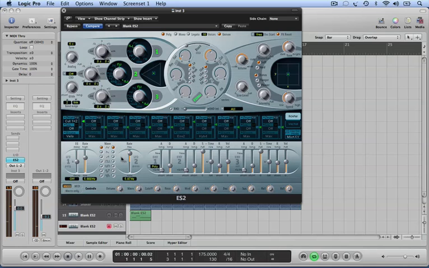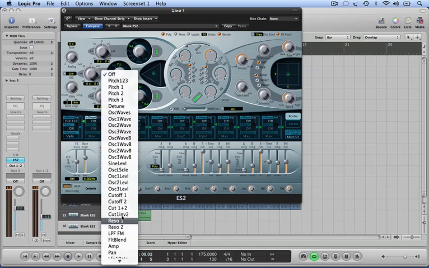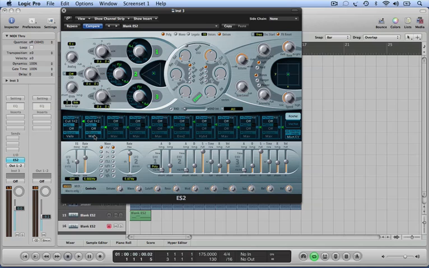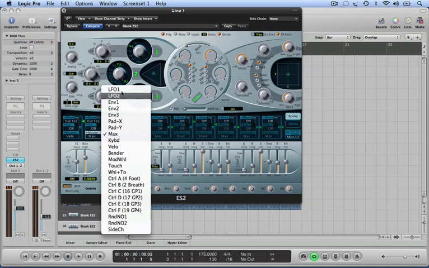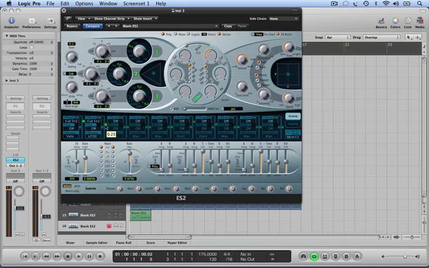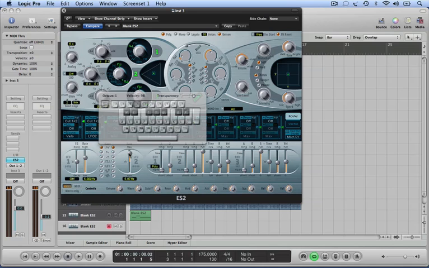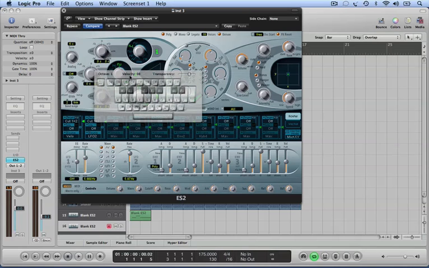Okay, and then to get the wobbly bass sound, we're going to use this LFO here to affect the cutoff as well. So if we just go to target and select cutoff 1 and 2, and then for the source, we're going to go to LFO2, and we're going to turn this up to about halfway as well. So if we now play it, we can hear that the low frequency oscillator is modulating the amount of cutoff. We can hear this changing as we change the rate. So if I audition the sound,